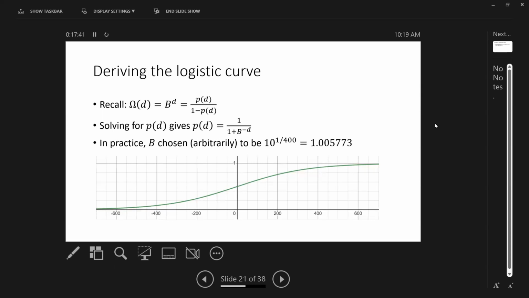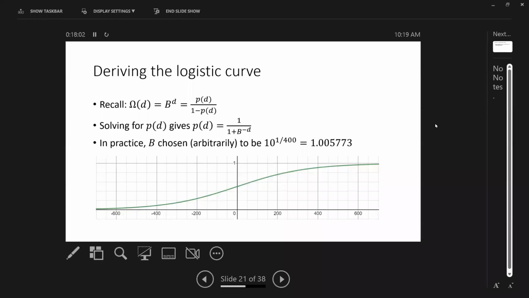As mentioned before, b is an arbitrary constant. You can choose anything for b really, and the relation still holds. But in practice, b is usually chosen to be this factor, 10 to the 1 over 400, which is arbitrary. It's just to make things scale nicely. And this is approximately equal to